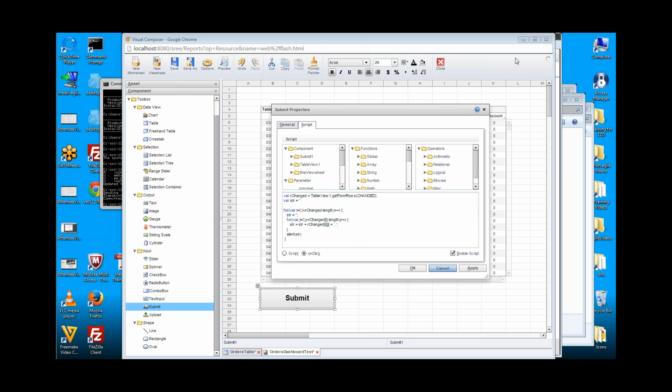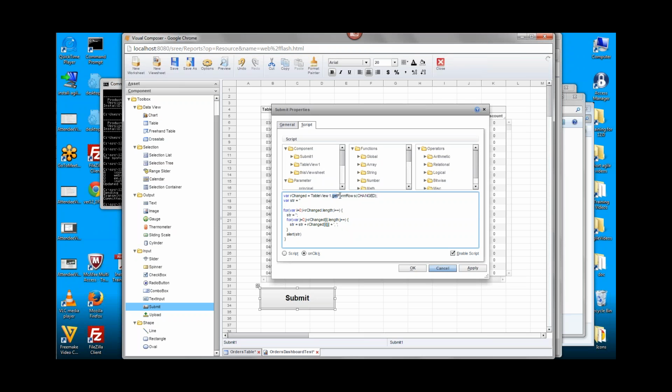Okay, so there it is in the chat box. And so again, basically what I'm doing is I'm using this special function, getFormRowsChanged, to get a two-dimensional array of the values that the user changed in the table. Then I'm iterating through the rows, and within each row I'm iterating through the columns, and I'm just building up this string that will have all the values for a particular row, right? Taking all the column values in a row and concatenating them together in a string, and then using this alert function to print out the string.